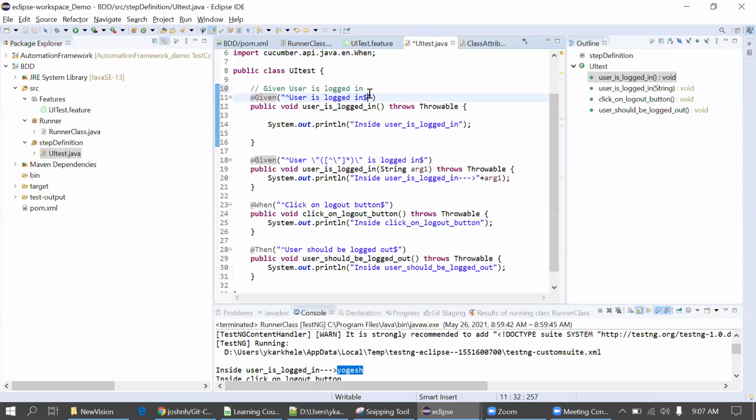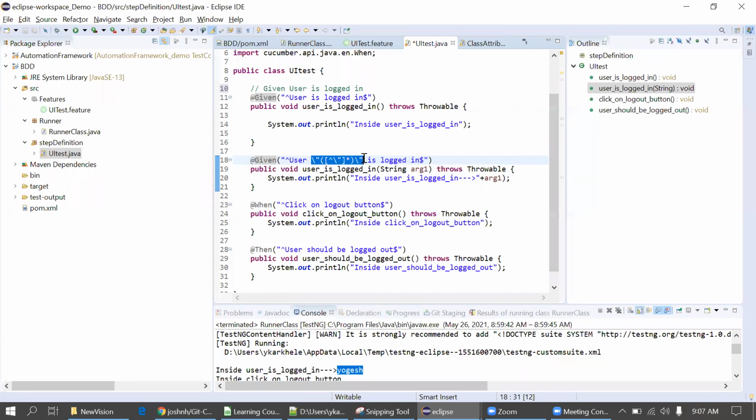Okay, and if you want to pass any parameter, you have to write this syntax. Again, you don't have to remember this. I'm telling you, it will be automatically generated. That's fine. And the keyword And is used to write the extra sentences.